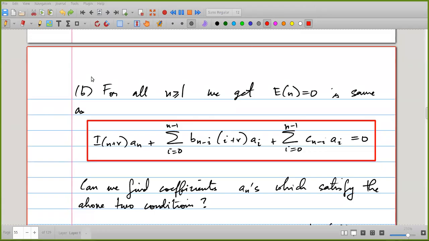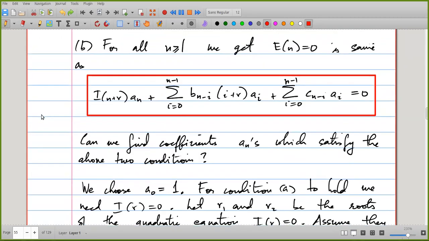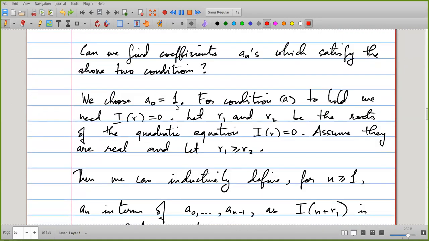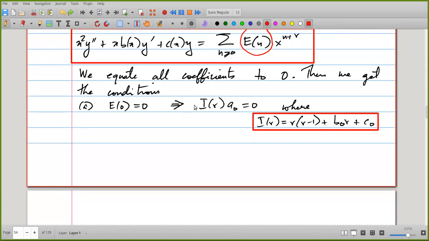Okay. So the question is, can we find coefficients a_n which satisfy the above two conditions? So we fix a0 to be 1, and for condition (a) to hold, we need that I of r should be 0. So here we are fixing a0 to be 1, and if we want this first coefficient to be 0, we want I of r to be 0, which means that r should be a root of